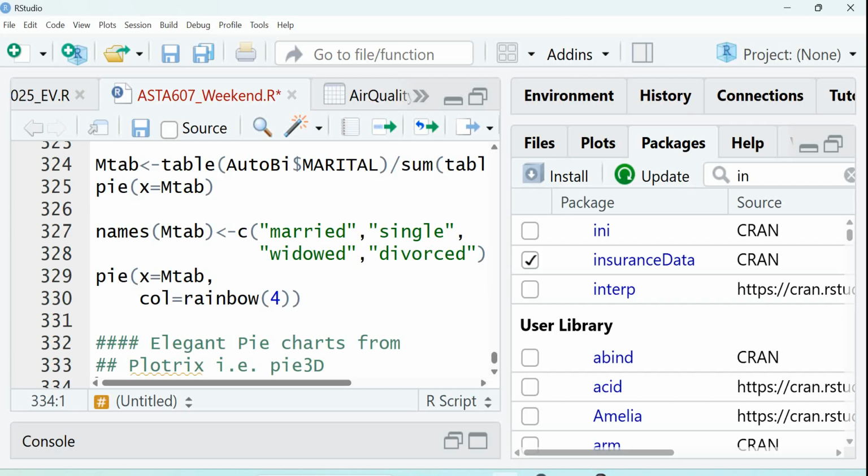So let's look at the first use of it. Just type pie3D x is equal to the